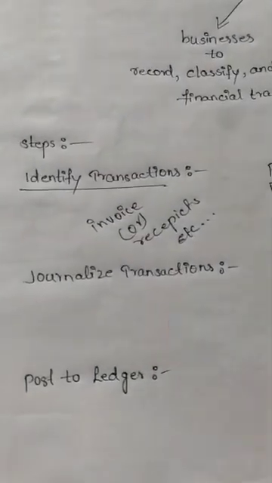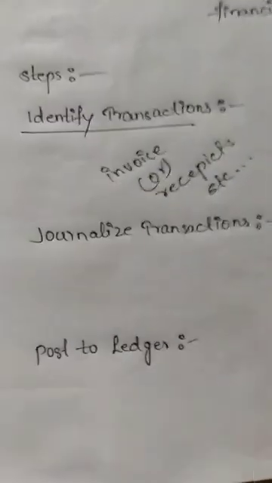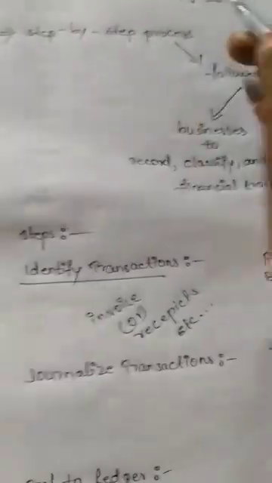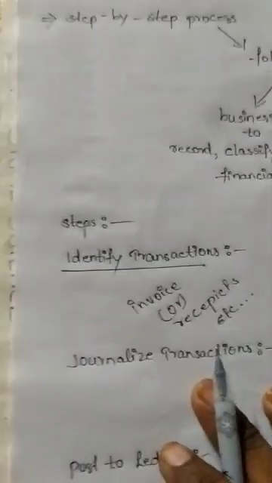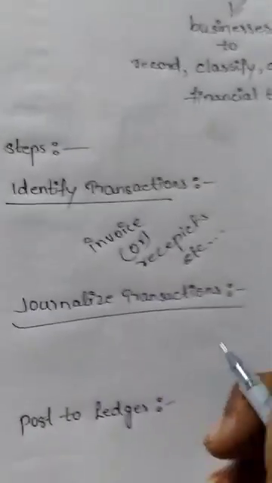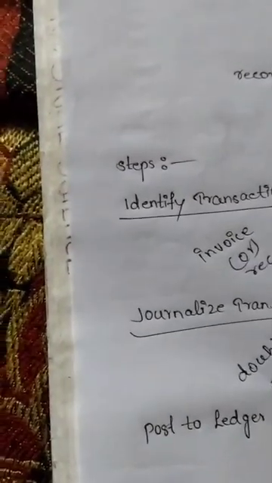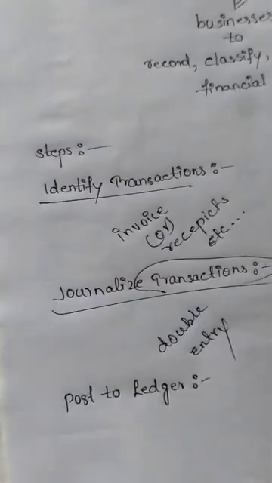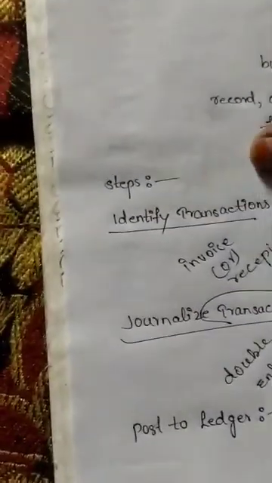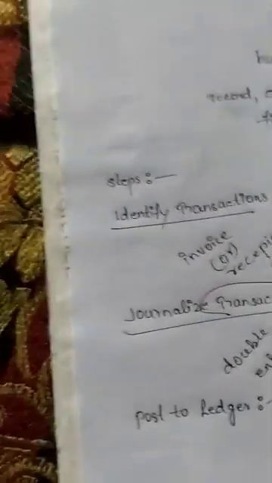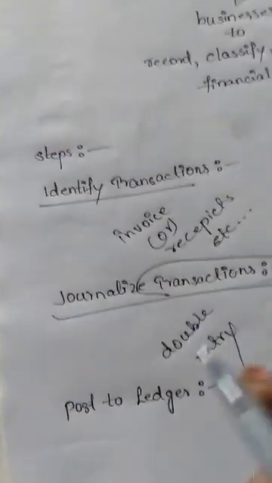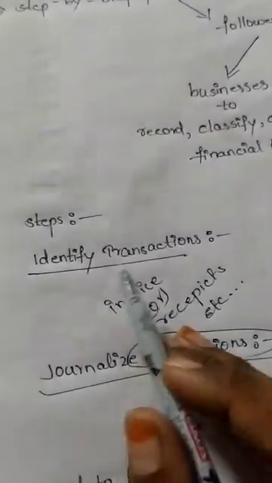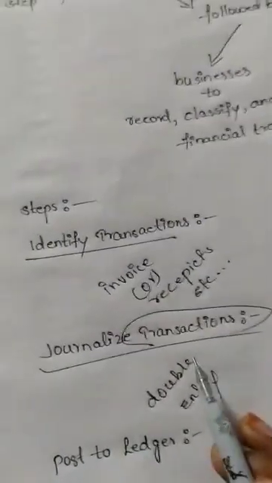The second step is journalizing this transaction. So for an accounting cycle, the main step is journalizing the transactions. The literal meaning of journalizing the transaction means that we have to make a double entry of the transaction in the given accounts. So the major step of the accounting cycle is to identify the transaction, then journalize it in the double entry